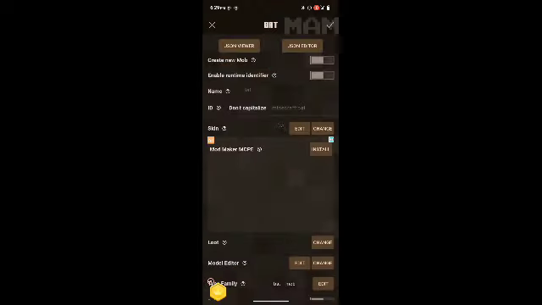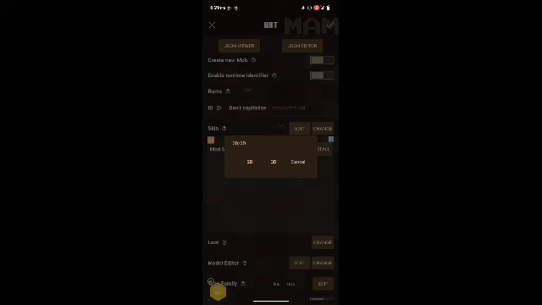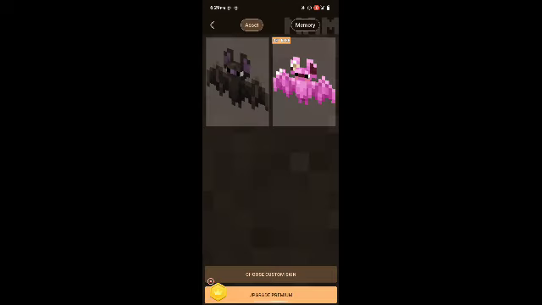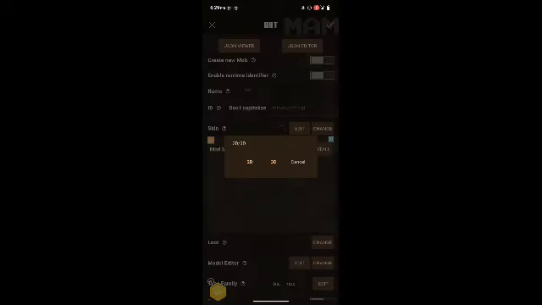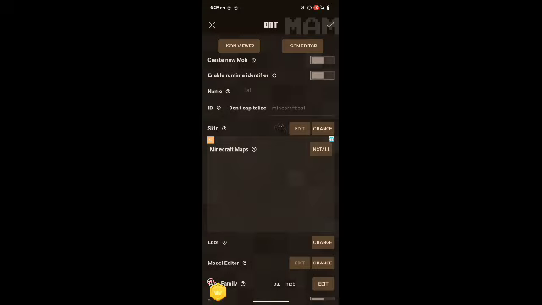You can edit or change your mob. You can change the skin. The 3D option opens up Blockbench, so we're not gonna use that.